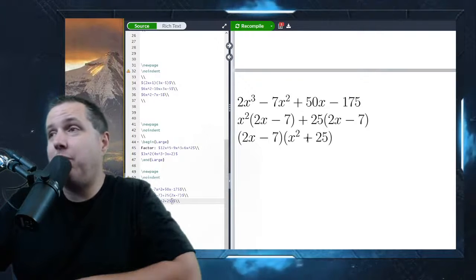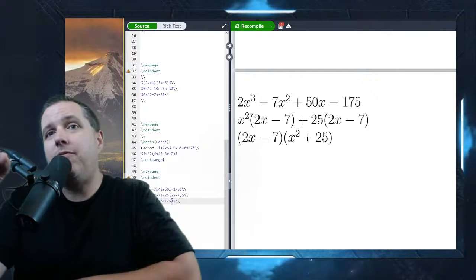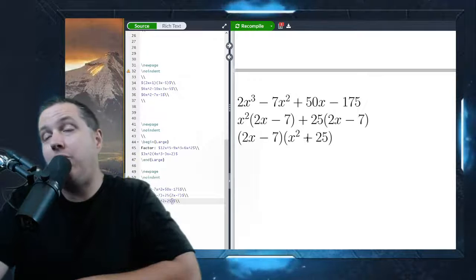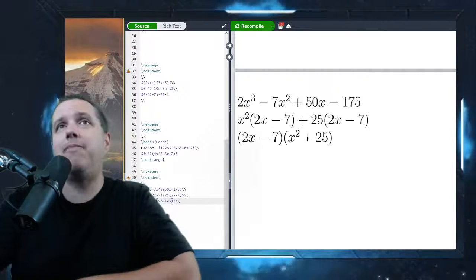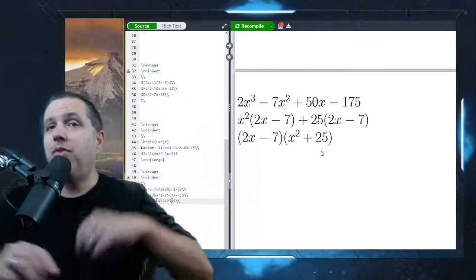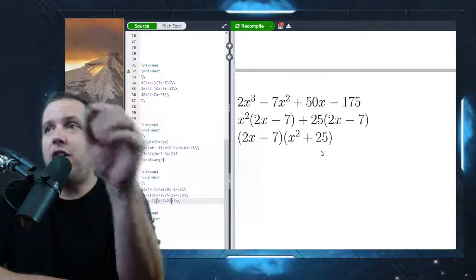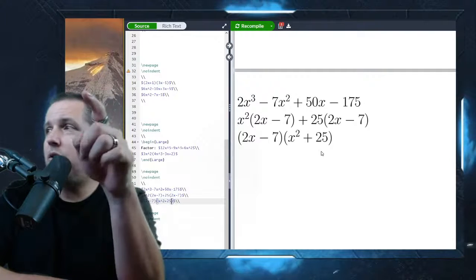In fact, a lot of times what people do is they convert their trinomial problems into factor by grouping problems. I do that when I have to do a really complicated one. I'll convert it to this. I'll show you how to do that next time. But this is a good way of doing these problems. In fact, that method that I just talked about of converting other problems to match the factor by grouping, some students do that